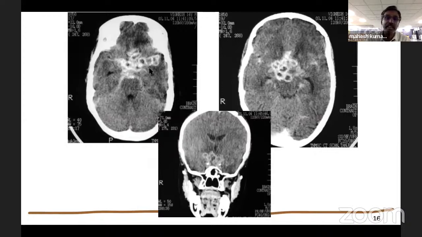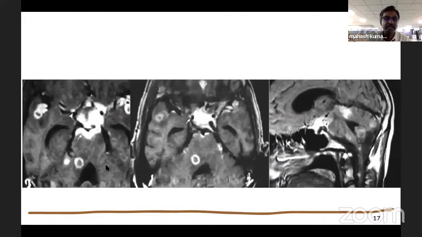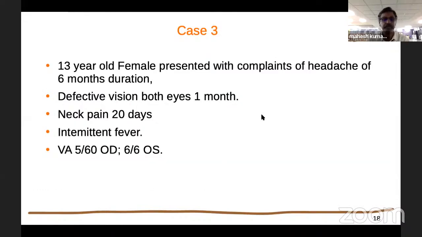You can see the ring enhancing lesions in the opticochiasmatic region, which are grape-like clusters. The important point to remember here is, along with antituberculous treatment, steroids also have to be given because it's primarily an immune mechanism which causes the vision loss. So, in order to save the vision, we should be giving steroids also, which will preferentially be done by the neurologist. These are some other manifestations, diffuse tuberculomas in the brain.